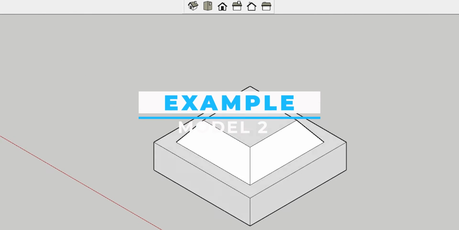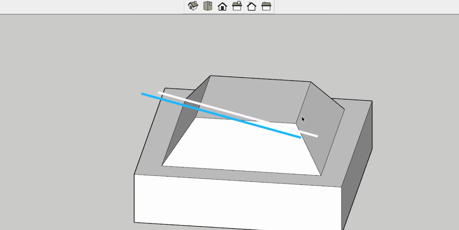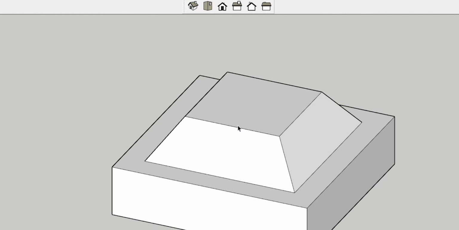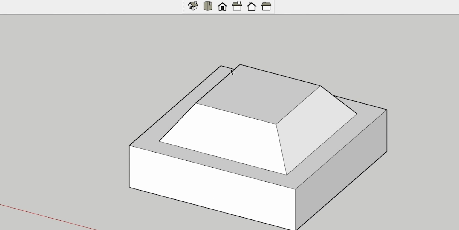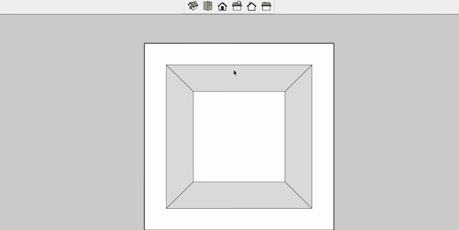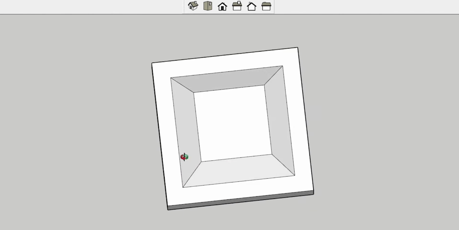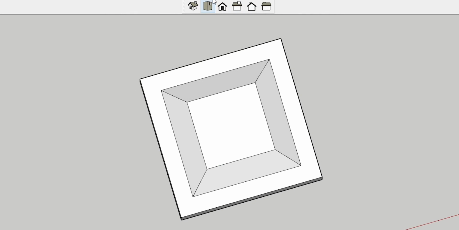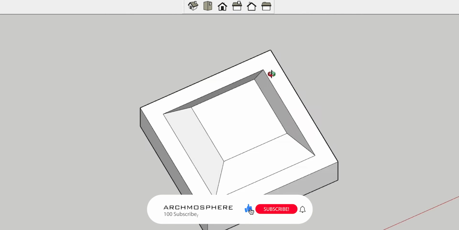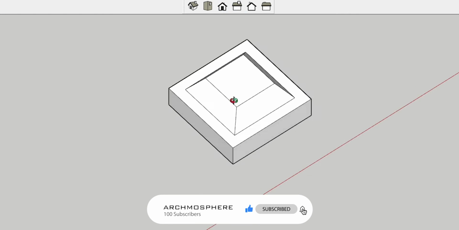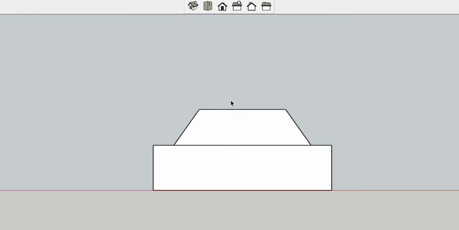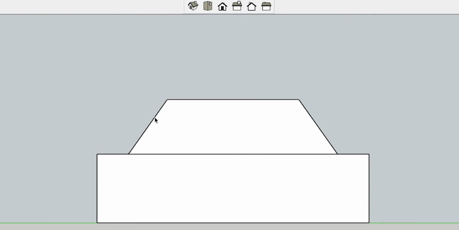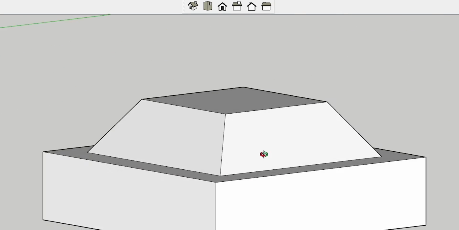So this is the second model. I have told you how a pyramid will look in plan. Let's see it. I have told you before how a pyramid will look in top view. So we will move on to the top view. So this is the top view of this model. As you can see, from the top it will look like this, and from the sides, or you can say from the elevation, the elevation from this side and the elevation from this side will be the same, as you know that it's symmetric. So the elevation would be like this and the other elevation would be the same because you can see it's symmetric.